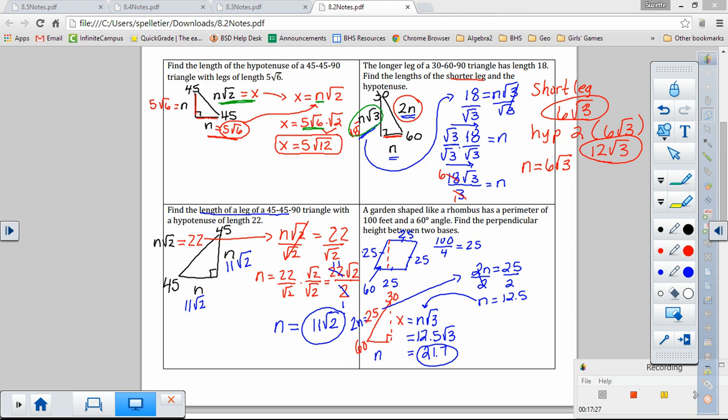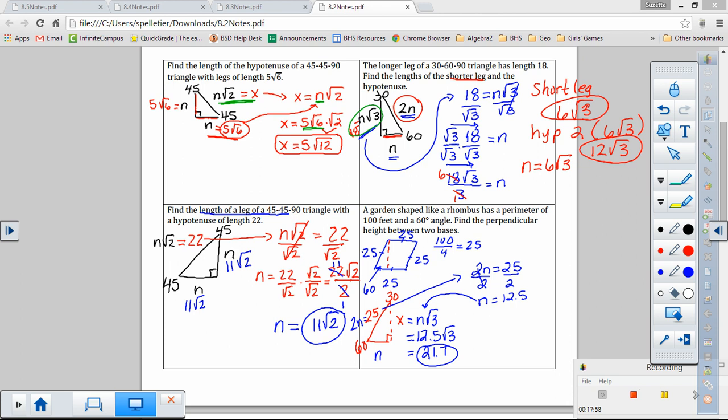Okay? So special right triangles. They're asking us to take the sides, label them with whatever the pattern is, fill in what you know to be true for lengths, search for the one that's an equation, and then solve that equation. Once you know what n is, you can plug it into all three sides to find the answer. Okay? So maybe take those steps and write them down, the ones that I just said to you, and follow